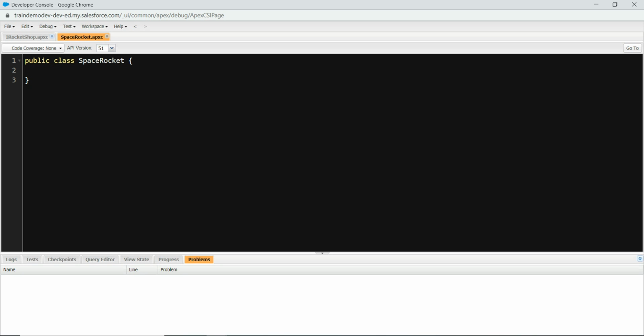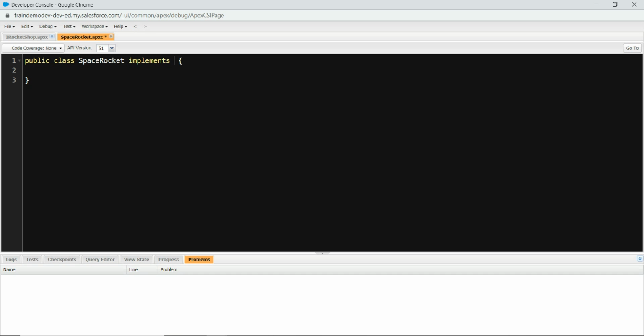So remember, in the case of inheritance, we extend, because we are inheriting something. Whereas in the case of an interface, we are implementing it. That's the difference between an abstract class and an interface. You can't use the keyword implements when you're using an abstract class. You have to use extends, because it works like the inheritance concept. But in terms of an interface, you use implements. So we just say